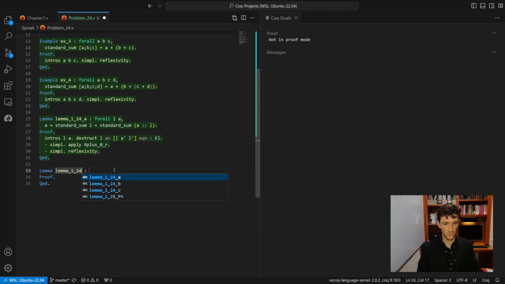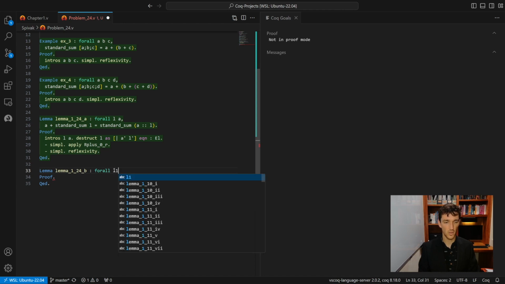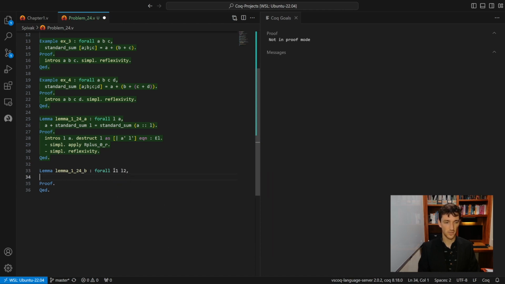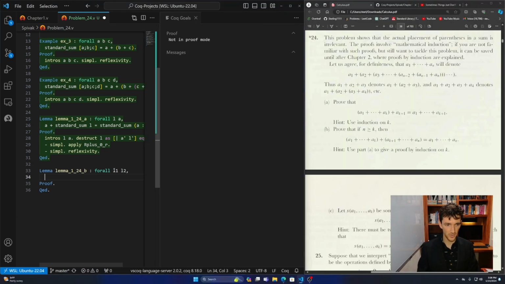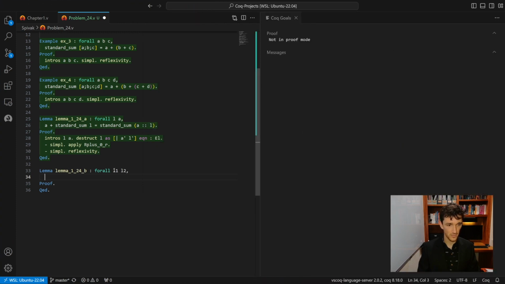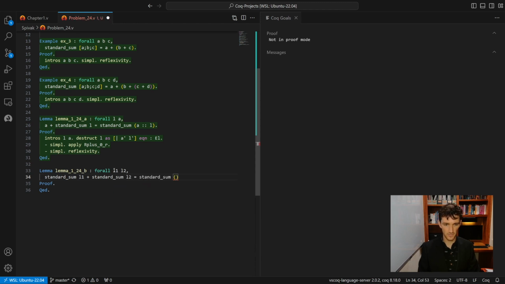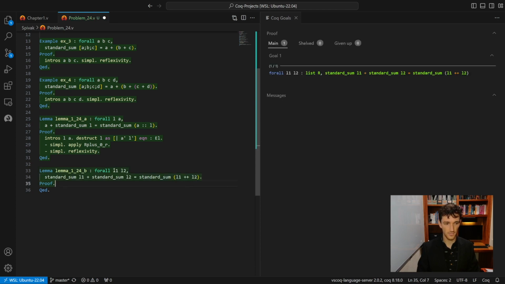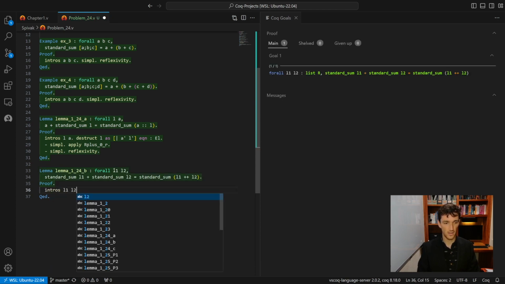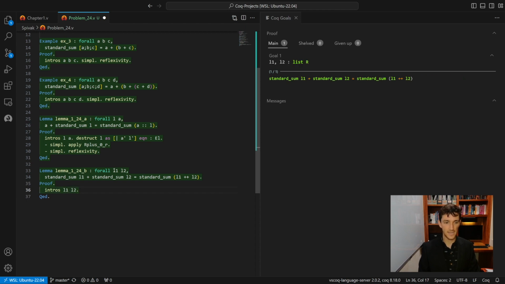lemma 1-24b. It would be that for all L1 and L2, which are lists of real numbers, and let's make sure we do it in the same order, it's summed separately equal to summed together. So standard sum of L1 plus standard sum of L2 is equal to standard sum of L1 concatenated to L2. Okay, we'll introduce L1 and L2 into the context, and it's going to be an inductive proof this time. So we'll do induction on L1,